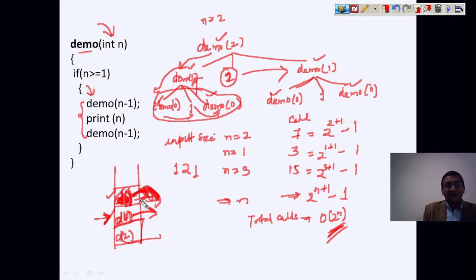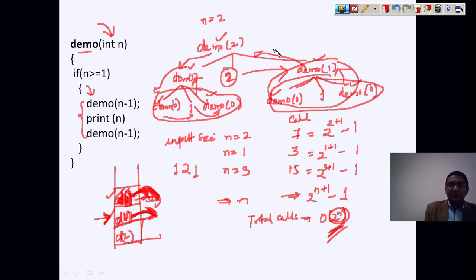So in the same stack the same locations are being used multiple times. That's why we are not reaching this much value, 2 power n. When this is completely executed, you are going to exit from demo1. This is going to apply a pop, and this will be vacated here. Now this is going to execute completely, you go back and pop this, and then the stack becomes empty. So what we have seen is that only 3 cells have been occupied: 1, 2, 3.